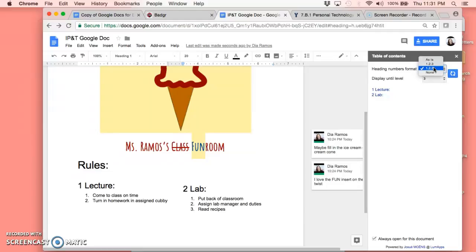So you can change it this way or this way, or as is, or none. And then you can display level up to 6. And because I only have lectures and lab, which are two of the headers that I have, it doesn't really change. But if I had more headers, then it's easier for me to find it and find the specific ones that I do need. This will be very helpful for me when teaching or writing things for my PLC group,